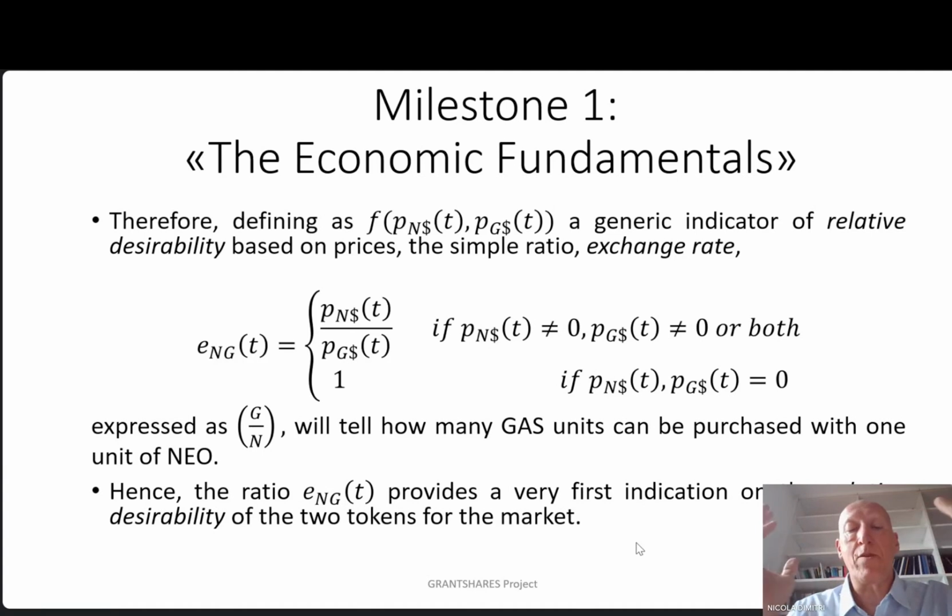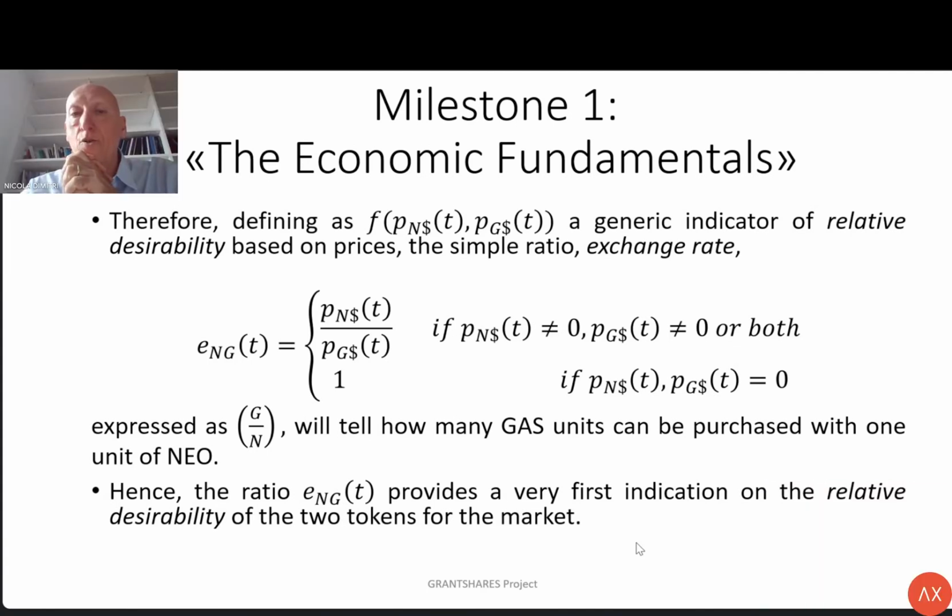It would be obvious, again, to construct indices taking some functions f combining in some way the two market prices. And the simplest way is to construct what I call the exchange rate, E_NG, which is the ratio of the two absolute level prices. This ratio is free from the arbitrariness in choosing the currency with respect to which you are computing the price. So whether you are considering price in euros or dollars, this ratio will be the same. That's what I mean. And this has a clear-cut, very simple interpretation, which is given by how many